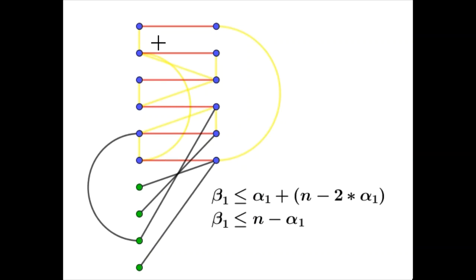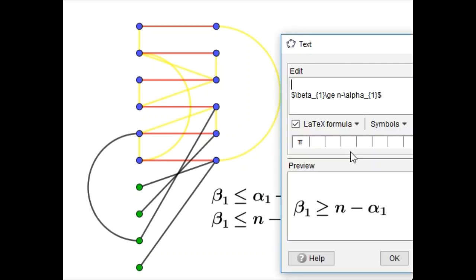Why is it minimal? Because if you remove any edge, let's say if I remove this red edge, then ultimately these two vertices won't be covered, so it's minimal. Similarly, you can't remove this black edge either, because if you remove this black edge, then this green vertex won't be covered, right? So therefore it's minimal, but now we need to show that it's minimum also. So ultimately we need to show that beta 1 is at least n minus alpha 1. If we can establish this, then we can show that beta 1 is equal to n minus alpha 1. In other words, beta 1 plus alpha 1 is equal to n.